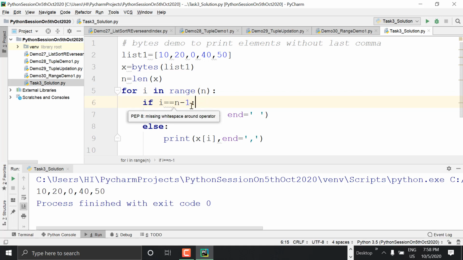So perfect. In this way, it was asked in the AMCAT exam. So please try to do this kind of examples, like logic building questions, so that it's easy for you to crack the interviews of AMCAT, HackerRank, and all. Just go through them so that it's easy for you to do this kind of logic. Is it clear, guys? Any doubts in this program?